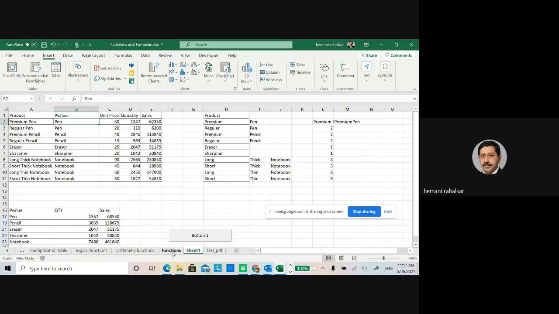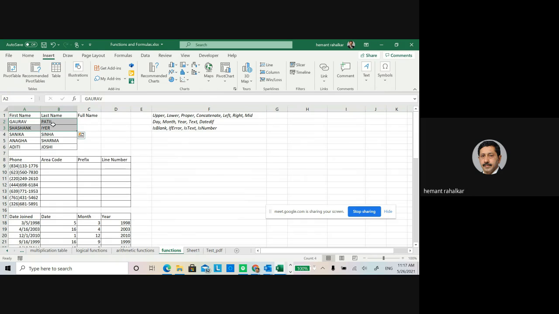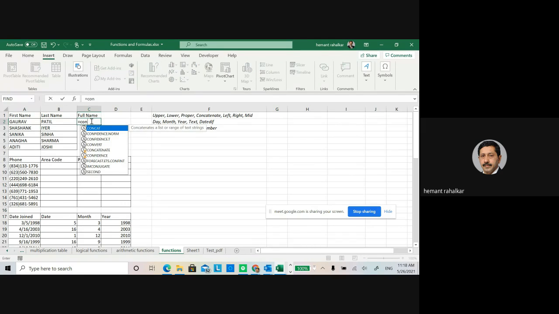We always give one parameter for VLOOKUP, correct? No, that may not be possible. Only thing we can do is derive a full name here, which is a concat, yes, concatenate.